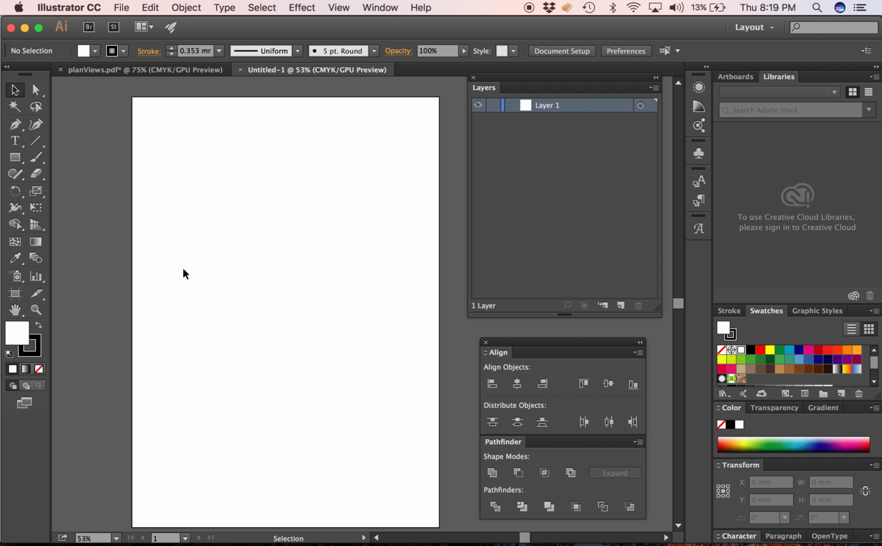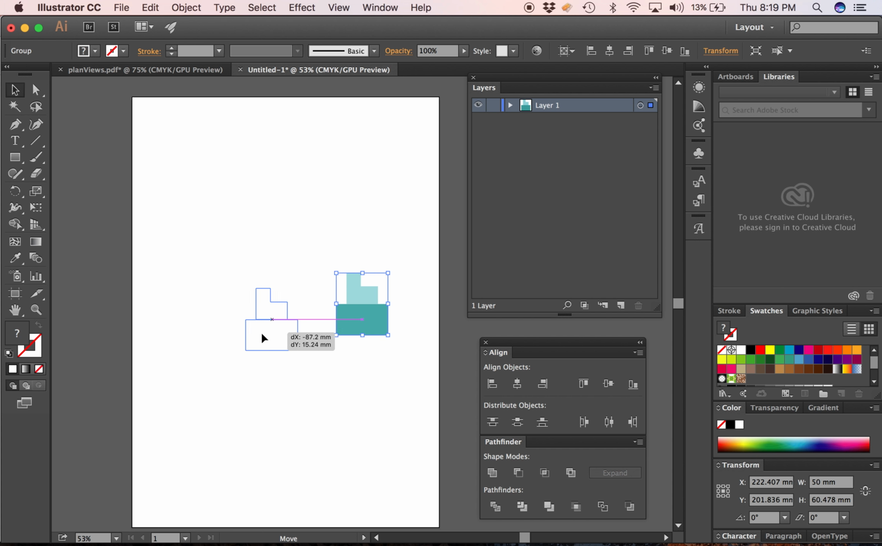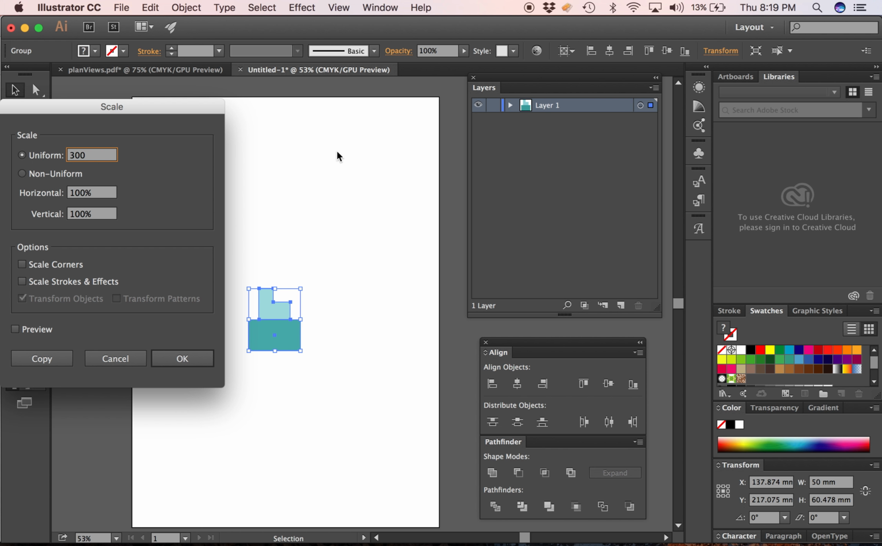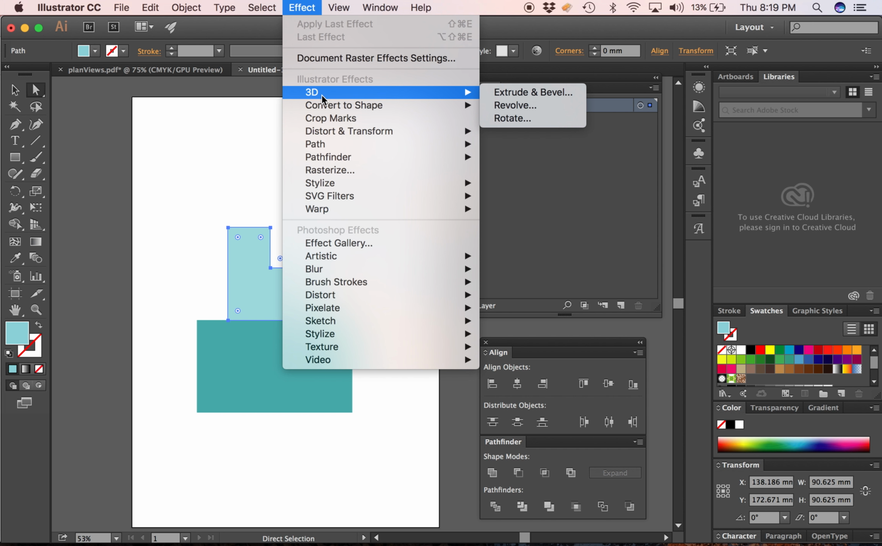Now I can just paste that in, edit, paste, and I have my character. Hopefully yours is a bit more interesting than this. And I can scale this up, object, transform, scale 300%, I'll make it quite a lot bigger, and now I'm going to turn it isometric. So make sure there's no gaps between your objects, and all you need to do, select with your selection tool, one of your arrows, go up to Effect, we want to make it 3D,